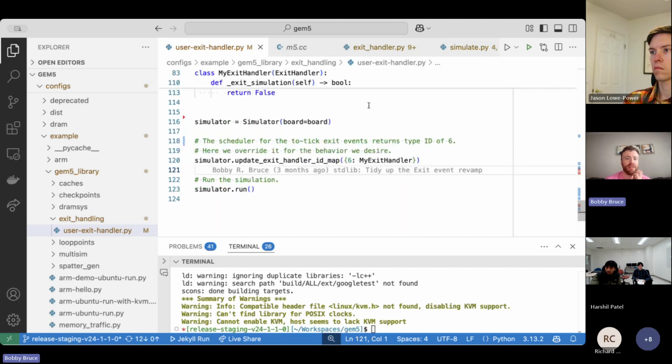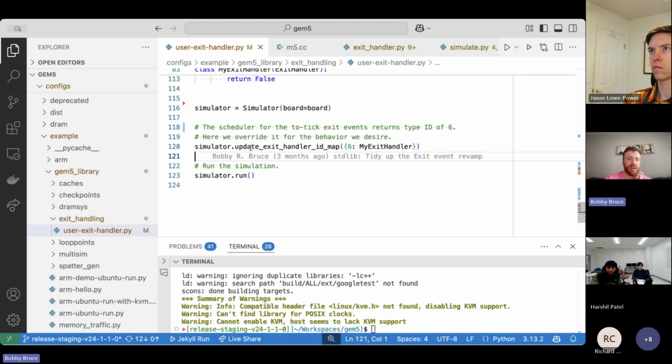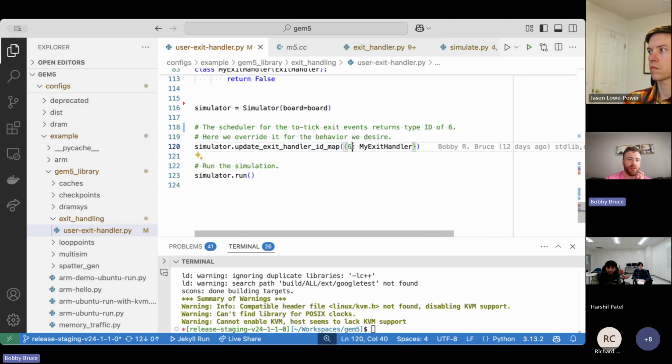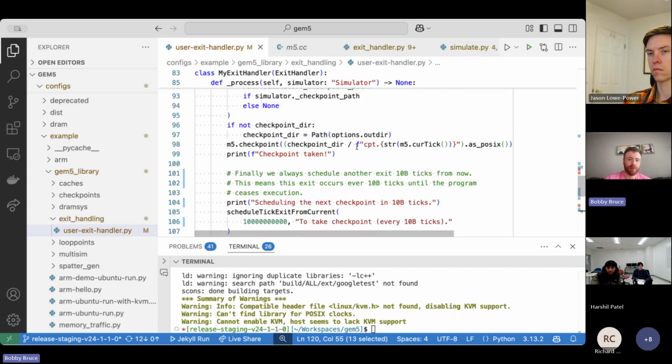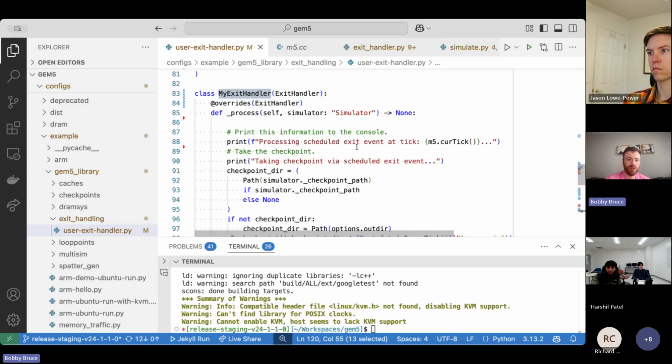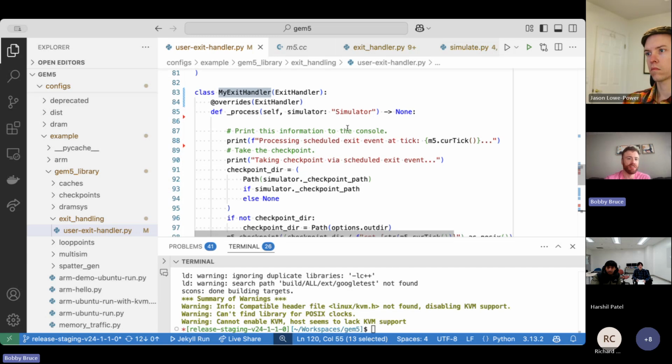I'll skip to the end. At the beginning, you basically update your exit event handler. You take that integer, in this case 6, and then you pass your exit event handler to it. I won't go through the complete API because you're all engineers, you can look into this yourself. But in this example I did here,